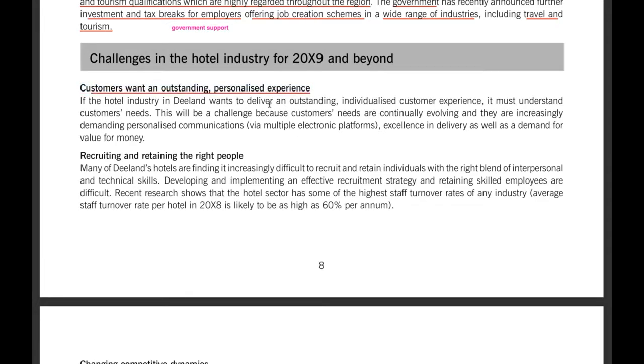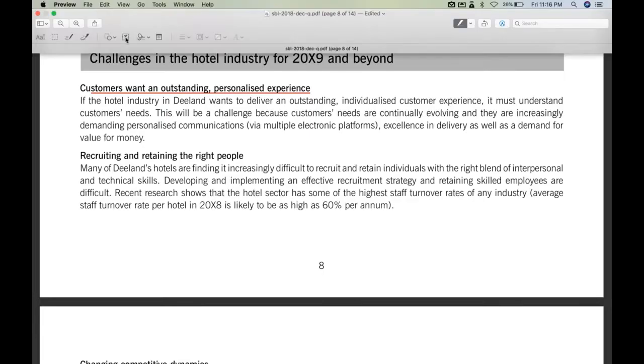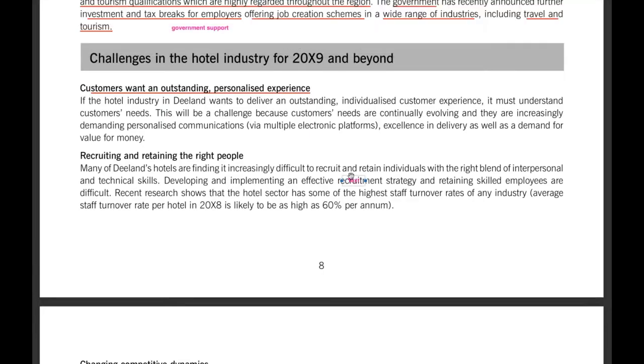So basically, this can be your evidence for your home demand. Okay, so home demand. Right, so